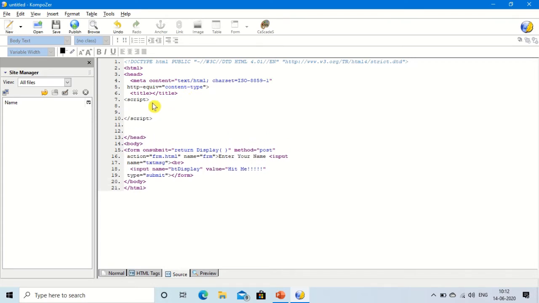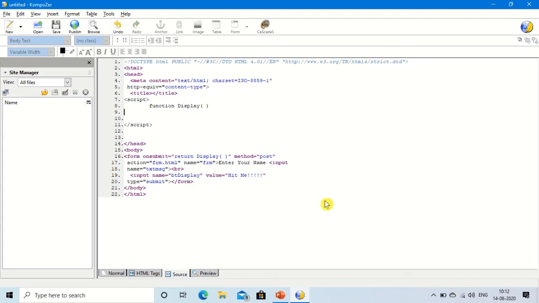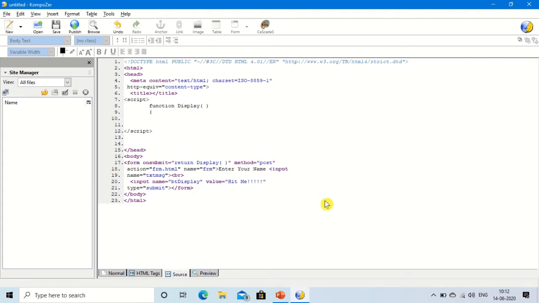So function, how to define function? We have to give the function keyword. Make sure that the function keyword is in small letters only. Now write down the name of the function which you have already mentioned in the form. So here this is the name of the function, display. Make sure the same name and same style is used for the function here as you have given in the form. So copy this, better for you to copy and paste, then give curly bracket, then close the curly bracket.